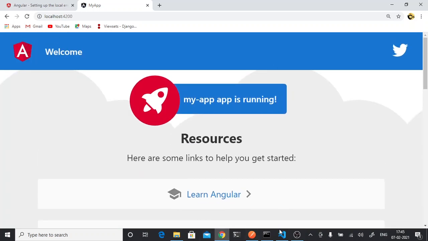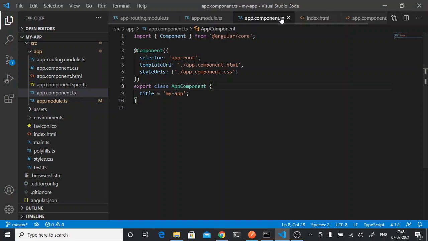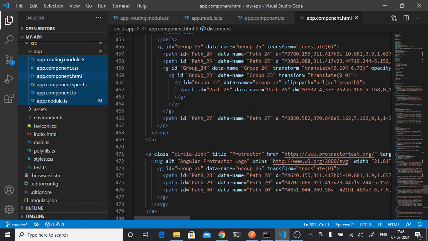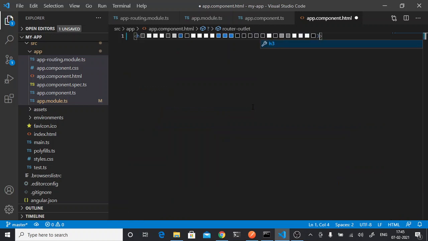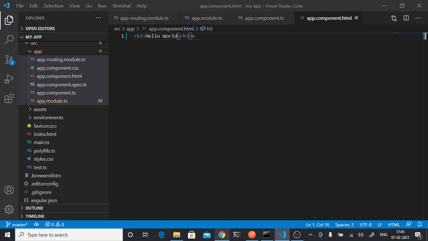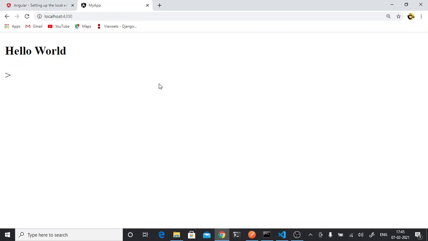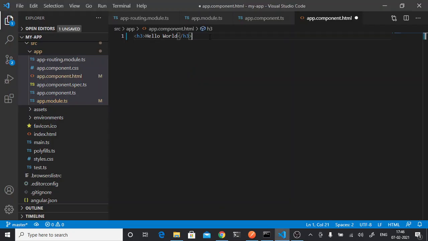See, this is all coming from this app.component.html. So Ctrl+A, and here if I write hello world, the same will be printed here. So this tells us that yes, it is coming from here.